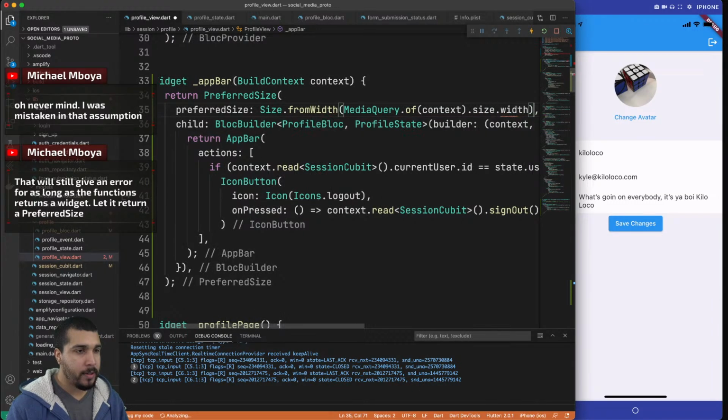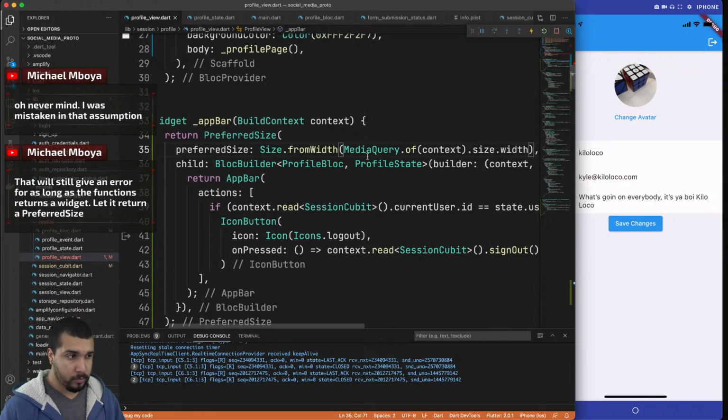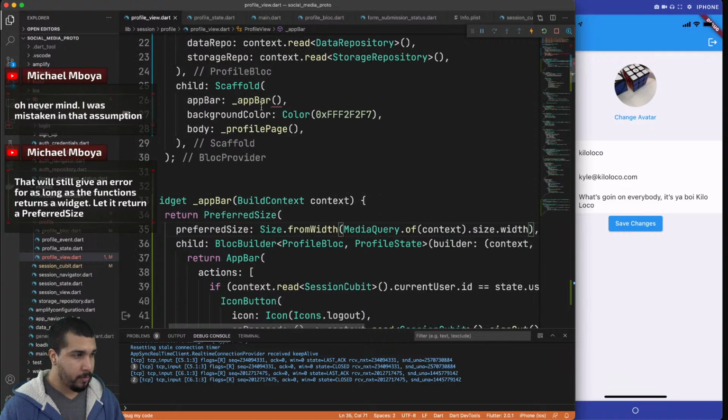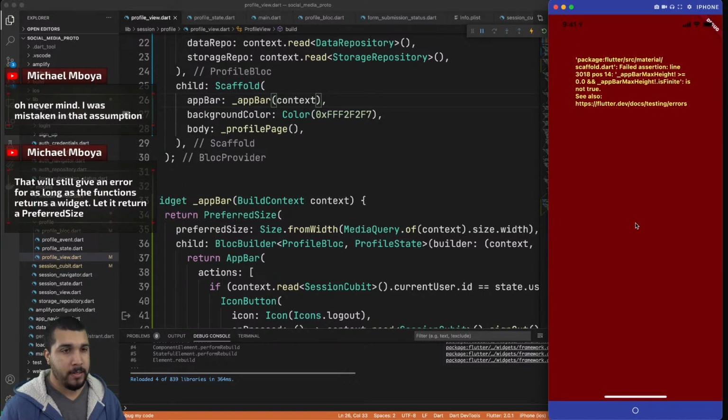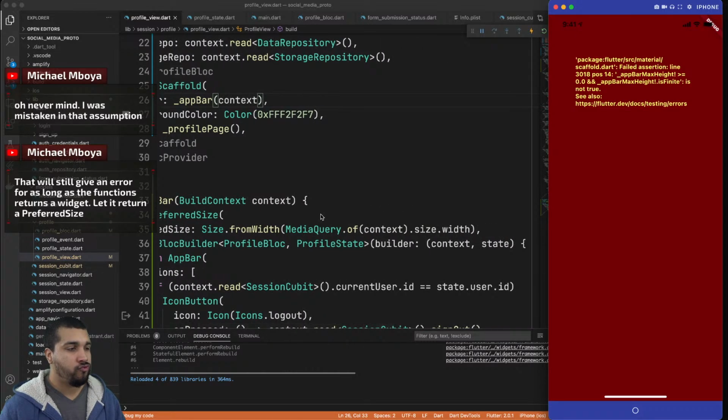Size dot width. Broke something. Context. Save. This will still give an error for as long as the function returns a widget. Let's see. Yeah, see, like, oh,